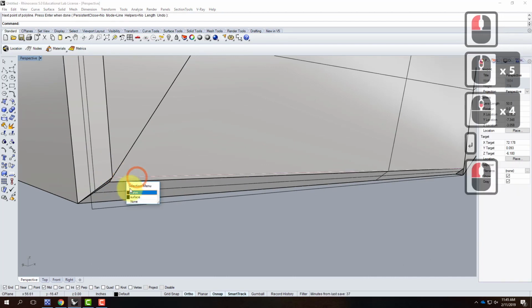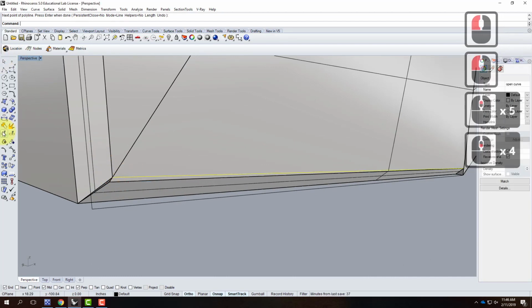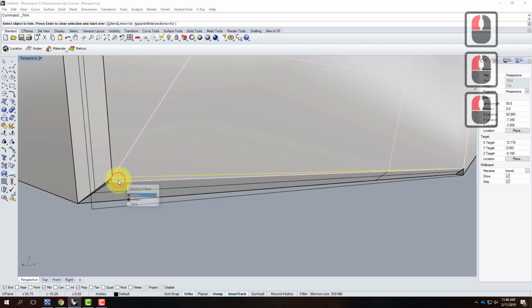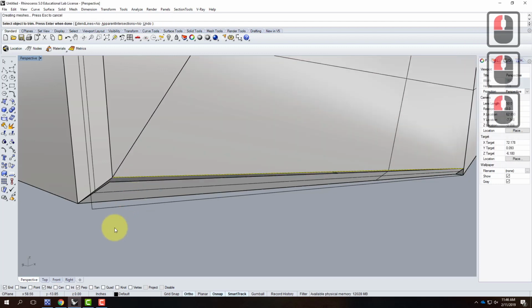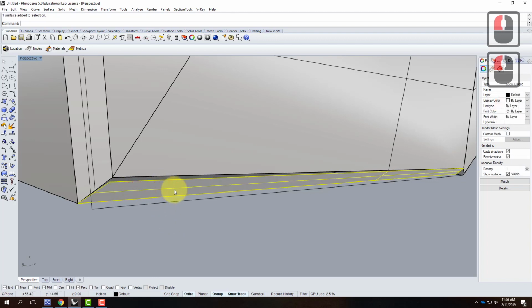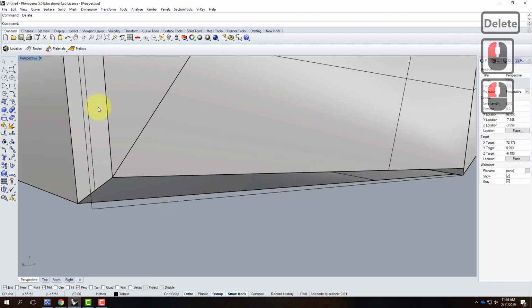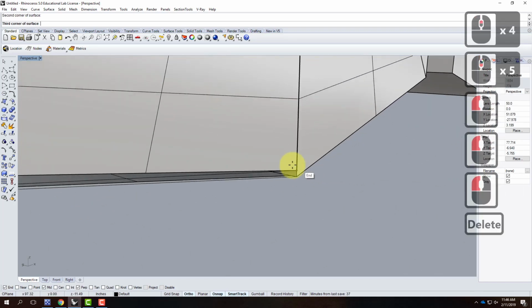Use this line here as a trim. So I'll go in and trim, and I'll trim off that extra surface. I can then go in and take this surface that didn't work right, delete it, and do a surface from 3 corner points. 1, 2, 3,